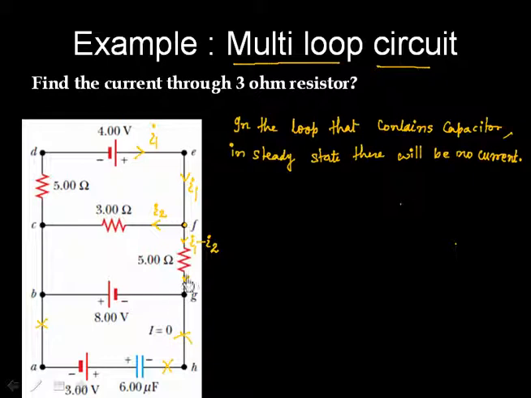Now this I1 minus I2 reaches here, but it will not bifurcate, it will not be divided. It will go in this direction, and this is I1 minus I2. If this battery gets a current of I1 minus I2, it has to give a current of I1 minus I2, because the battery has to be electrically neutral. Once again the total current goes in this direction, that is I1 minus I2. Now this current will reach here.